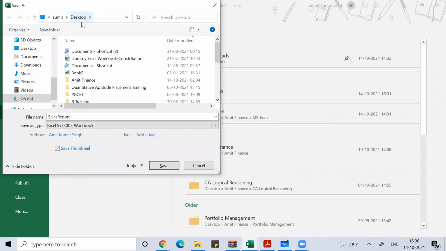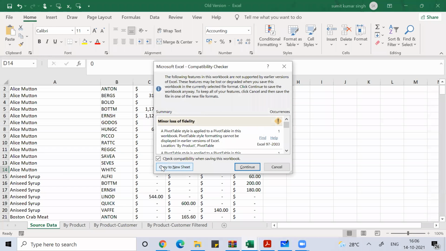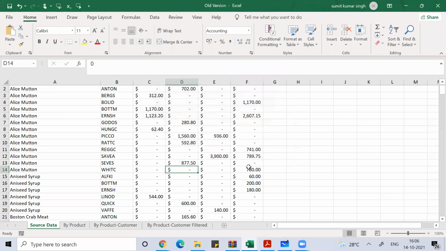You can choose 97-2003, the old version of Excel. The earlier versions of Excel before 2007 used the 97-2003 workbook format. So in case your system is not updated, or if you're using an older version of Excel, then when you try to open it, it may create problems for you.